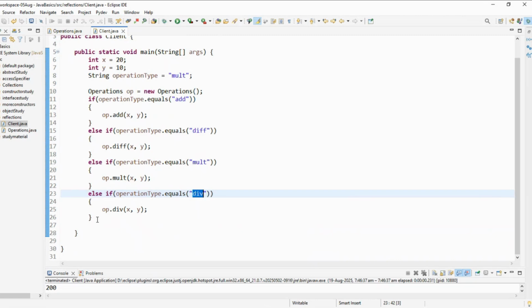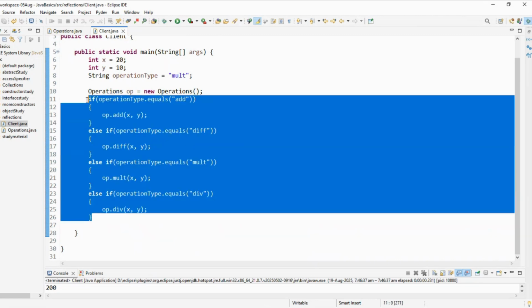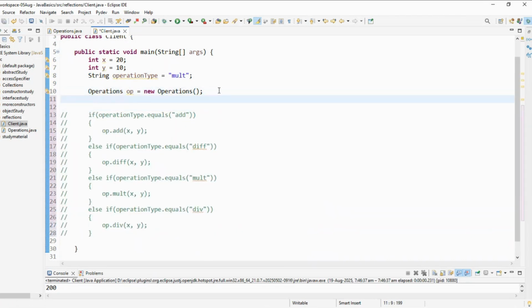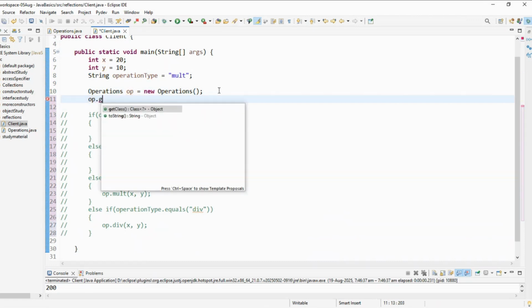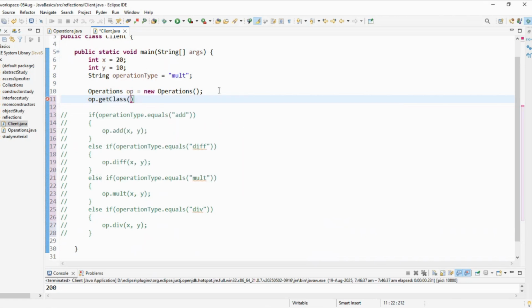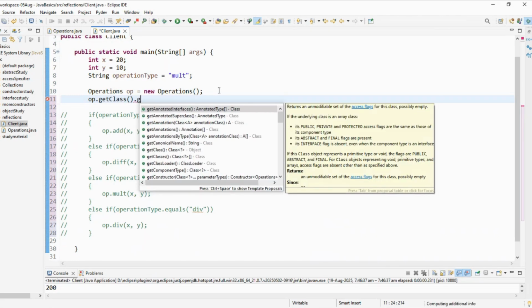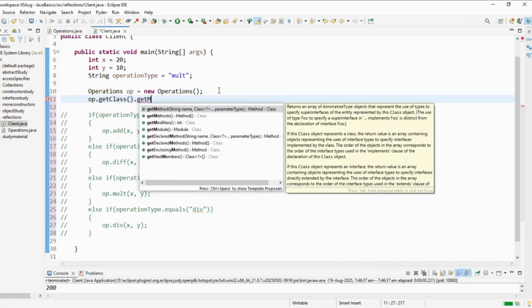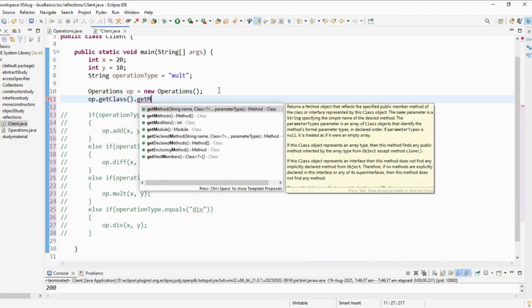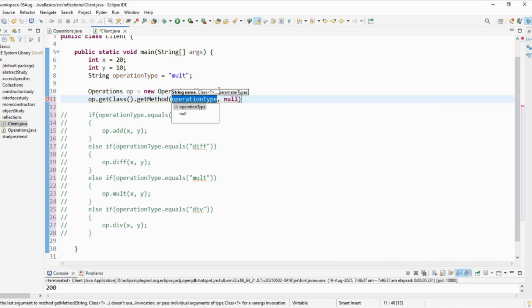Now what will I do? I will comment this one out. So I say op dot getClass, and then dot getMethod. Is this a new function that we are learning, getClass? Yes, this is a new thing. getClass means, I know that